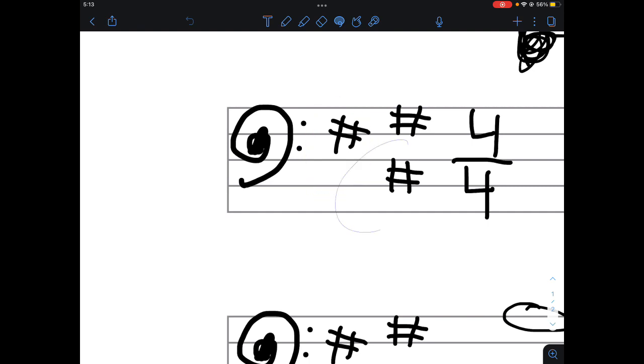I only recently learned that this would be a sharp on the G string, fourth finger, and so forth. So that might be helpful to you.